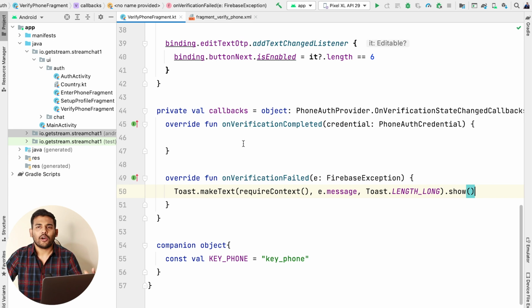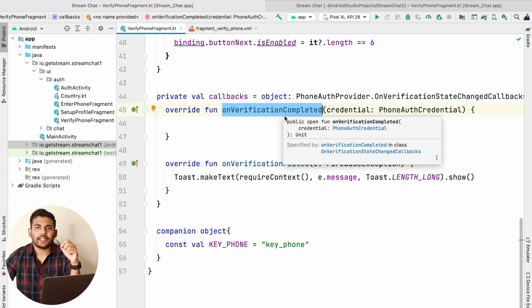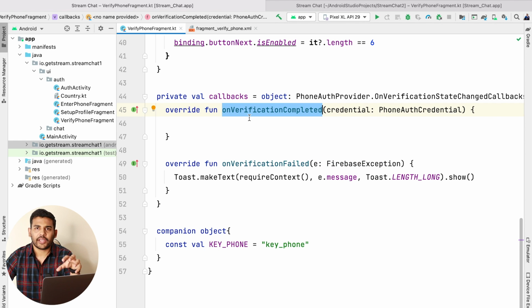Now let's come inside on verification completed. Now if we get the callback inside this function, that is on verification completed, that means user do not need to enter the OTP manually and the verification is automatically done. So in this case we will just log in the user.